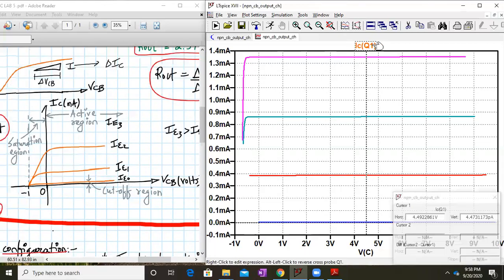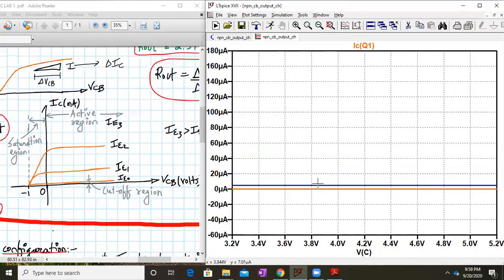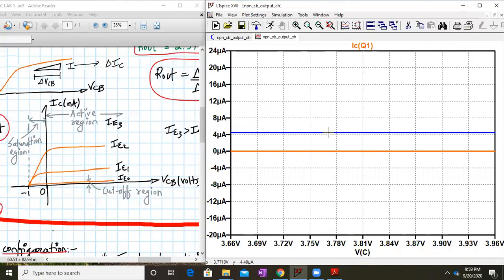And when I place this cursor onto this blue line, I'm getting 4.47 picoamperes. If I expand it a little, yeah, so this current, if I place it over here, this is 5.11 microamperes. Basically below this, the area between the blue line and the red line over here is my cutoff region. Okay, so that's a leakage current which you are seeing over here.